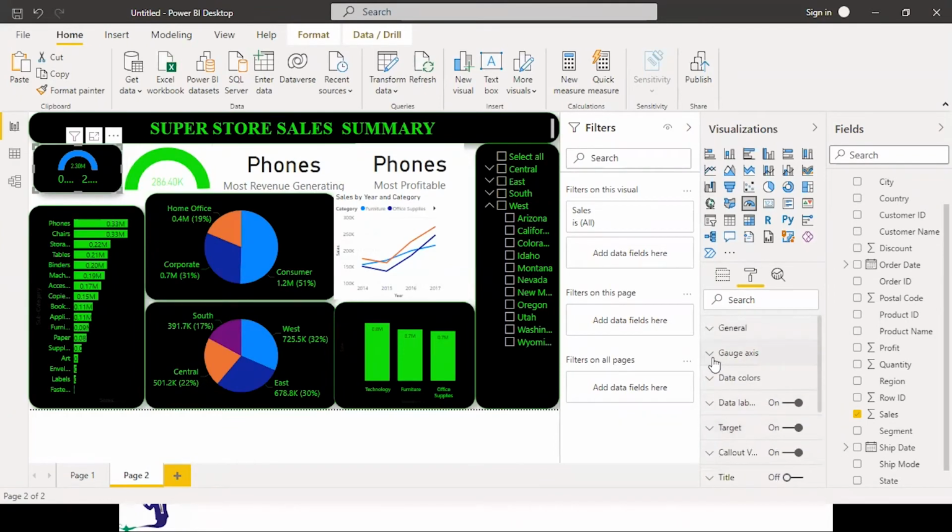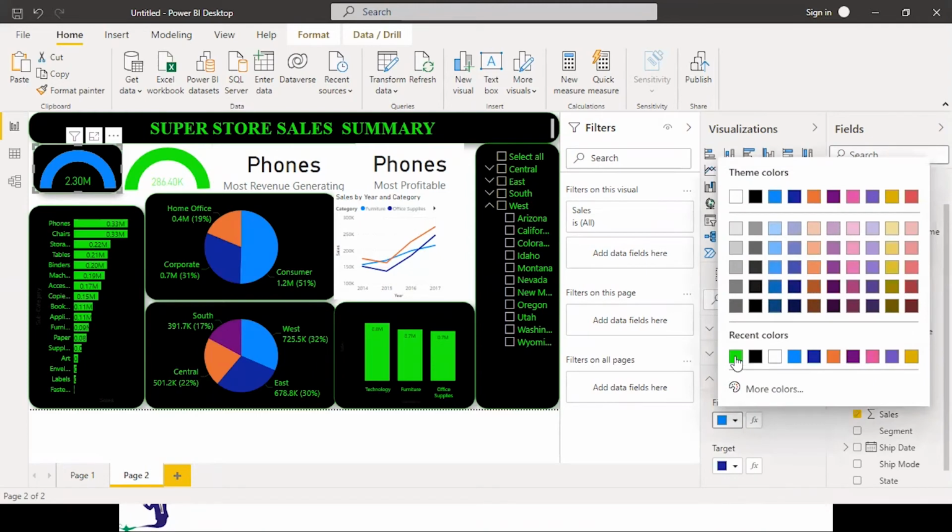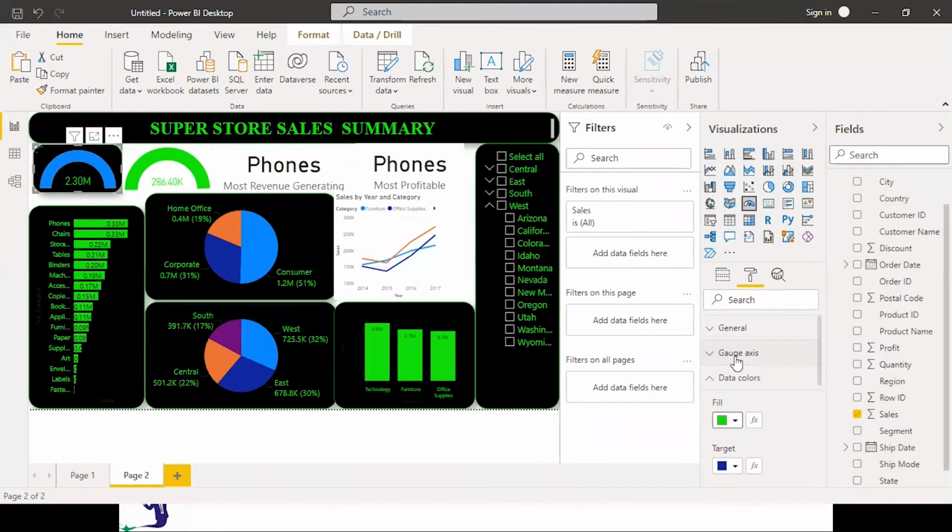Gauge axis is fine. Data labels I don't want. Yes. Data color we want as green. What happened? Yes. And the same for this as well.